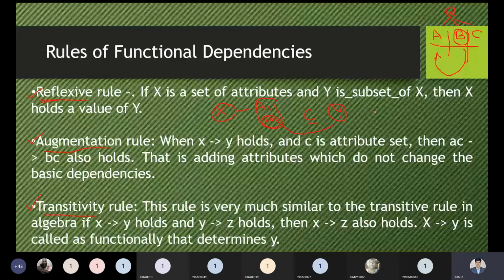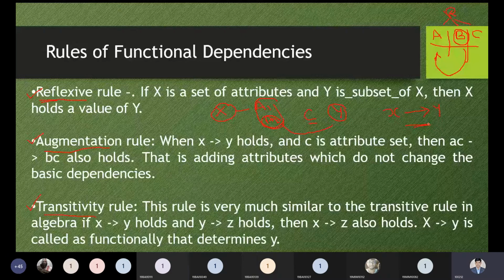Now is it clear to all? Now let me know. Mathematically, in functional dependency, we can represent X determines Y, which means there is some information maintained or kept by X. Yes, please tell me, any doubt you have about the reflexive rule? Yes, please tell me.